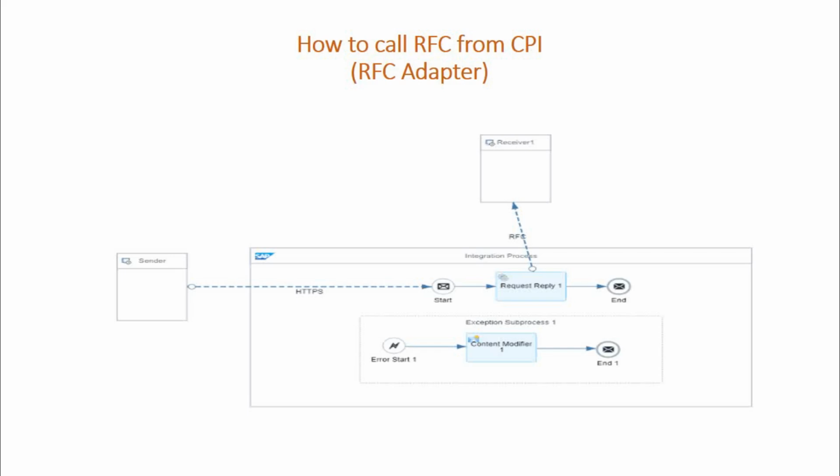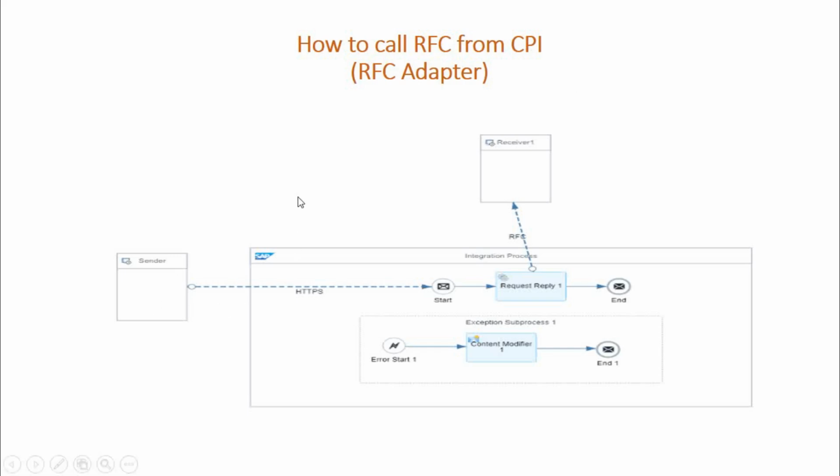so that the function module can be called or consumed from external systems to do your business transactions. Okay, the prerequisite is that the function module you have written in the SAP system should be set as remote enabled, so that the external system can consume that function module. So today we are going to see how we are going to consume the RFC remote function module in the SAP system